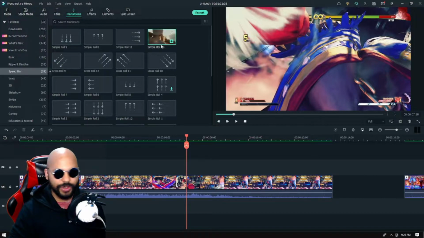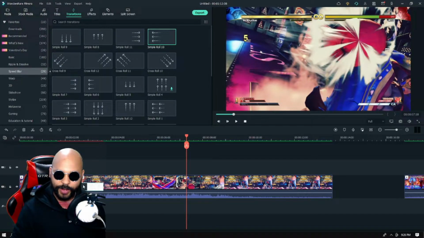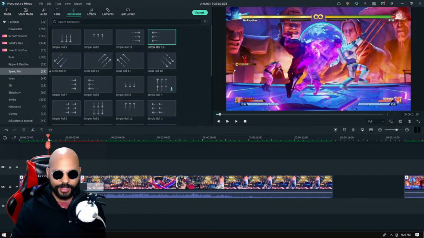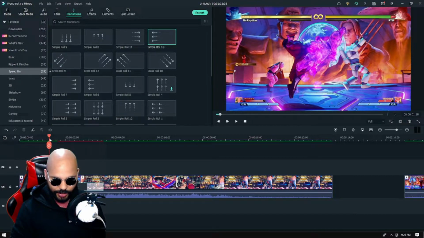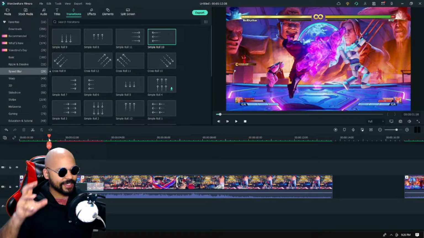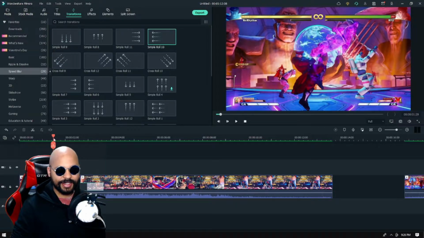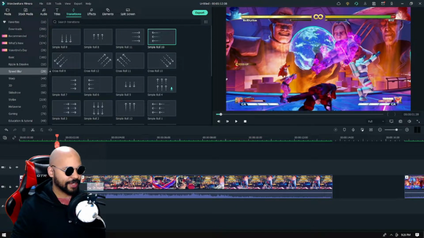So let me give you an example of that. Right away, when you put down a transition, you have to shorten it because the transition takes a lot of footage space. It takes a lot of your frames, and the thing is that the gray part, as you see here,